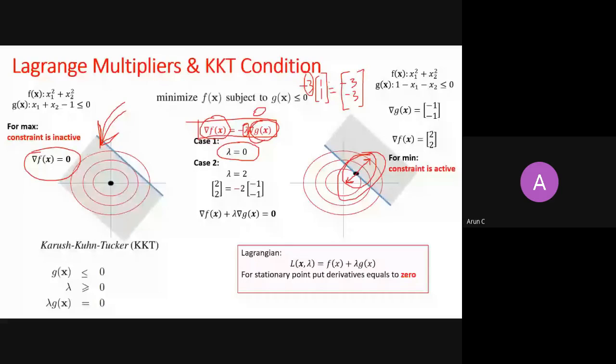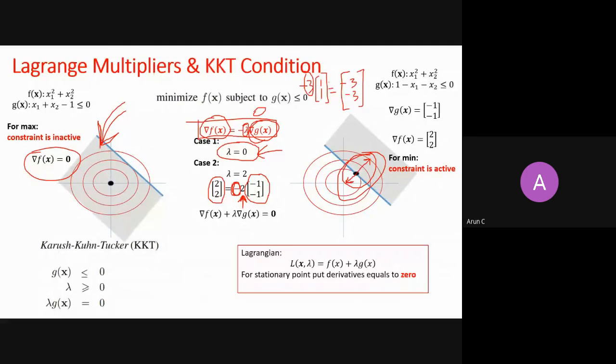But let's see the second case. The gradient of a function is 2, right? But this is a case of anti-parallel, so my gradient of g(x) is -1, right? To equate the equation, because it is anti-parallel, I need to put a negative, and I want to multiply by some lambda, which is 2 here, right? So lambda is always positive, either it equals 0 or it is greater than 0. This negative will automatically come just to equate the anti-parallel thing, right?